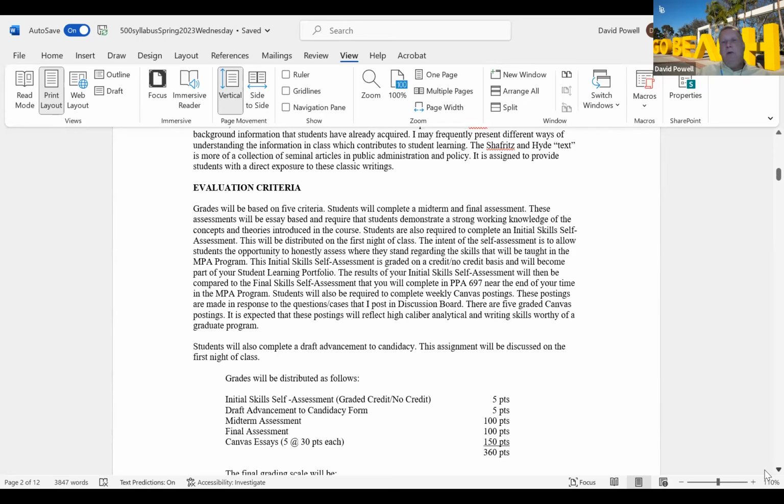So on both the midterm and the final assessment, I will construct or have constructed 5 scenarios on each of those assessments. And then there'll be 2 questions related to each of those 5 scenarios. So 5 scenarios, a total of 10 questions. What your job will be is you will need to take the information from class and apply that information appropriately